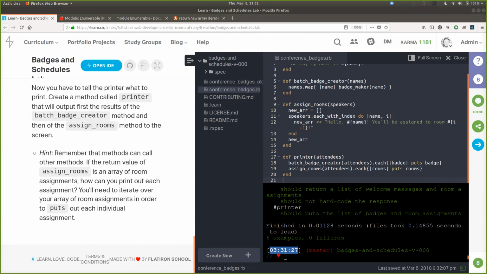I think looking at it now a second time, it seems much easier. When I did it the first time, this printer method was really where I got stuck, because I wasn't understanding what they expected the output to be. I mean, I understood what they wanted. I wasn't sure how to get it. So yeah, and I think that's like I was saying, the printer method is the one that most people struggle